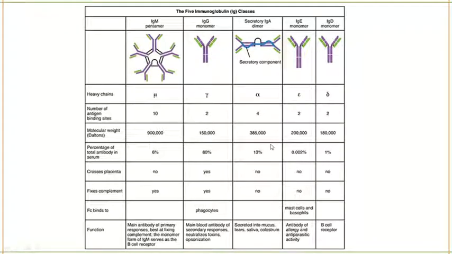They will not ask you the decreasing order or increasing order, but they'll definitely ask you which one is the most prevalent, that is IgG. Next, the least is IgE. Which antibody can cross the placenta? That is also IgG only. Which antibodies can fix the complement? IgG and IgM. So that's all you have to know. This is the master slide. Take a screenshot of it, learn from this.